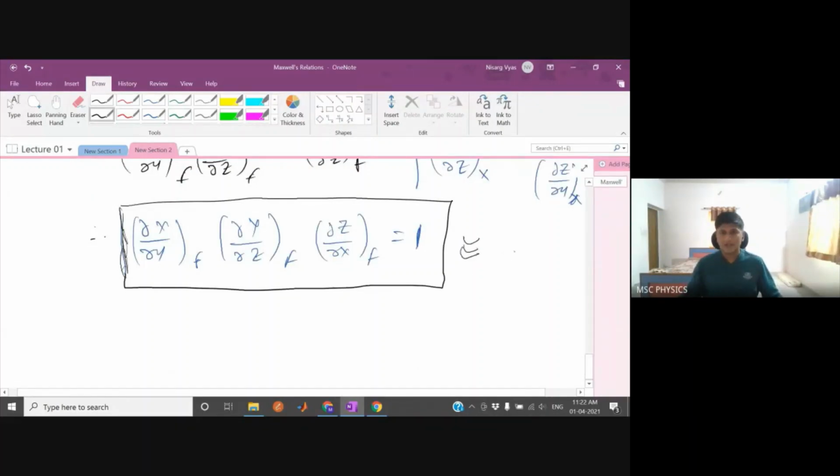Which problems? The problems which you are going to face in your laboratories. Either you are a chemistry student or a biology student, you are bound to face some problems in your laboratories where you will be using thermodynamics, where you will be using these kinds of mathematical relations to actually analyze the system. Now, we have almost finished our two mathematical relations. Now we are moving to the actual topic for today, which is Maxwell's relation. If you have any doubts till this point, kindly ask, because the later part is completely connected to the first part.